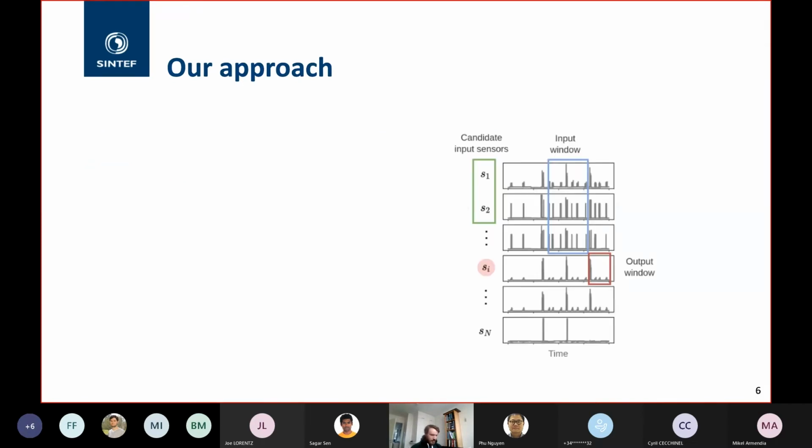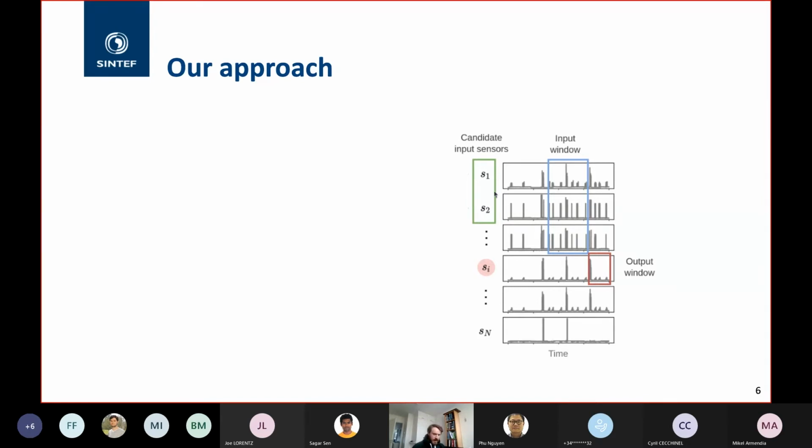To make it a bit more concrete, we can take a look at this figure. I hope you all can see my mouse as well. I will try to guide you through it. So here we have some time series data plotted in gray from several different sensors. And this sensor with subscript i marked in red is the target sensor in this case, which we want to be able to replace,